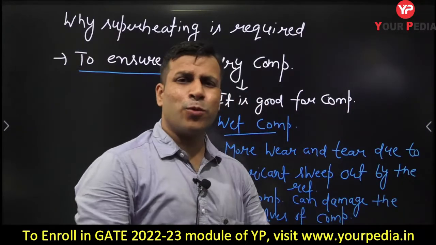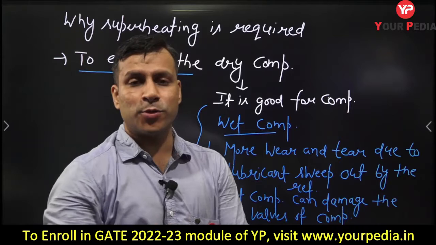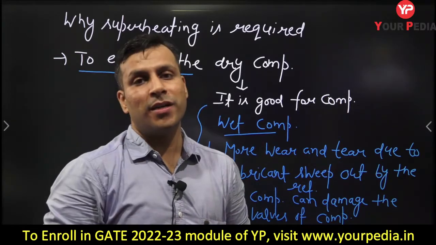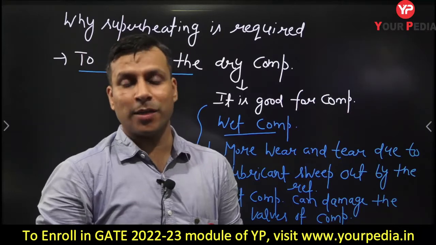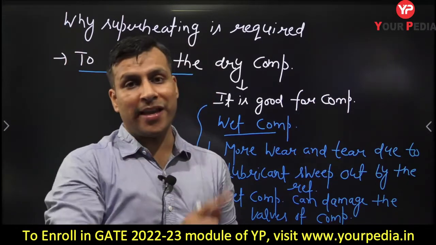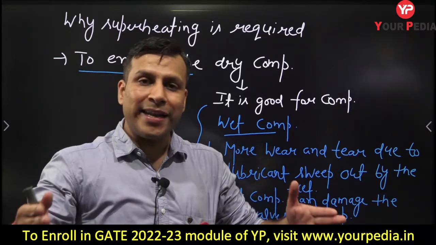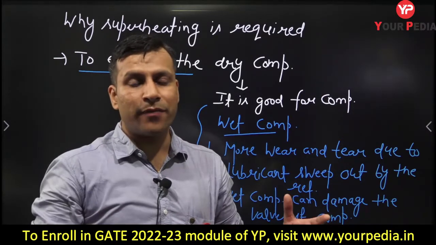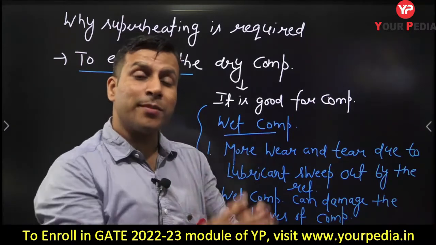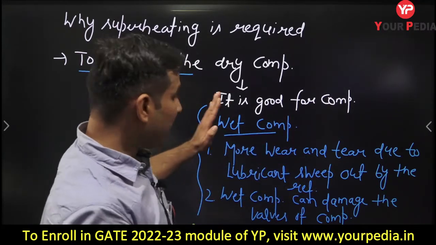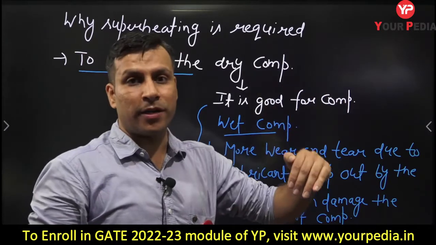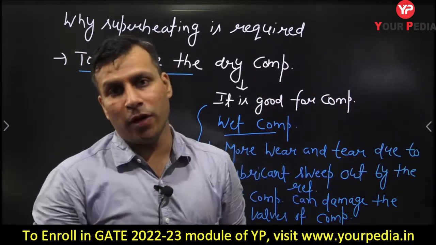Are you getting the point? But suppose you are not carrying out superheating in the evaporator, so you are carrying out superheating in some kind of heat exchanger, then your COP will always decrease. तब तो आपका COP क्या करेगा, decrease करेगा, because the W compressor will always increase when carrying out the superheating, and if superheating is not carried out in the evaporator, there will be no change in the refrigeration effect, so your COP will always decrease if you are using some kind of heat exchanger. So for this particular effect, COP can increase or decrease, that you can write for superheating inside the evaporator. Superheating outside the evaporator, COP will always decrease.